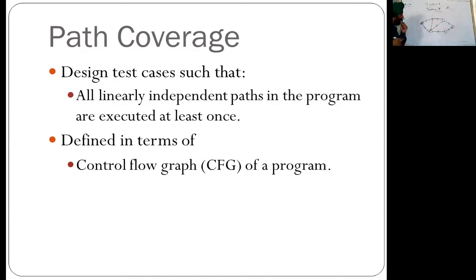There are several paths for reaching from source to destination. One path is this, one path is this, one path is from here you go there, one path is from here you come here, move here and go there. So there are several paths available. Now you have to make the test suites or test cases in such a way that they check all the paths. That is known as path coverage.